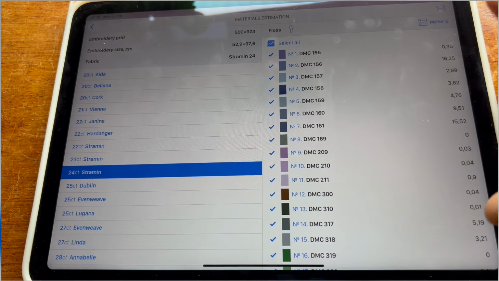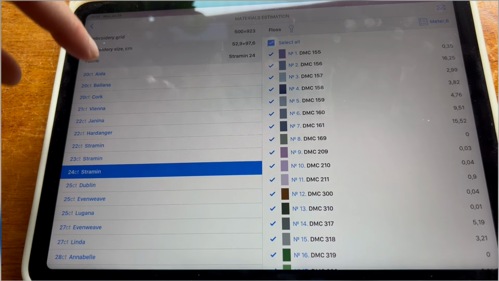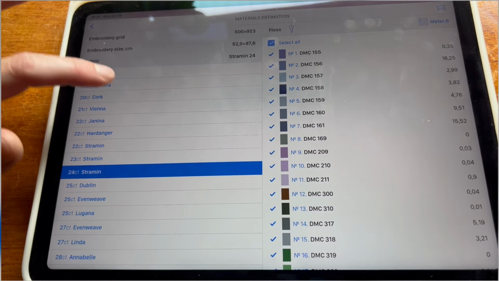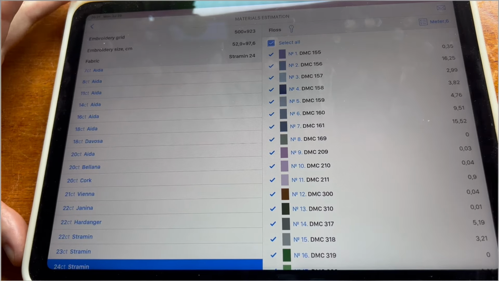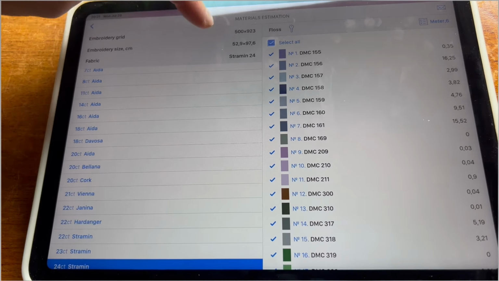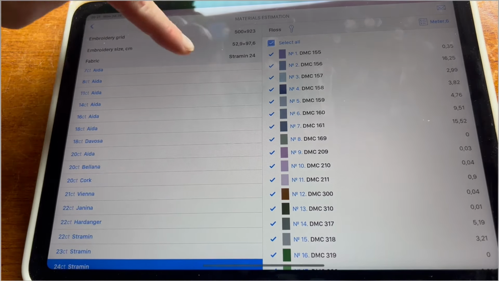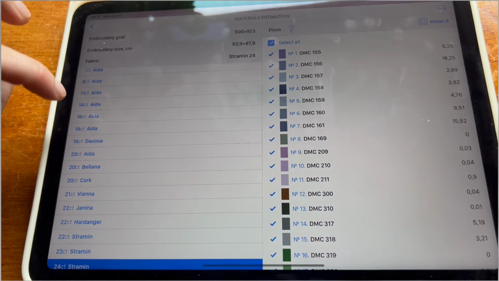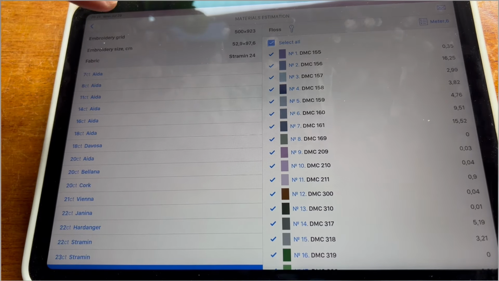Next one is about calculation for your fabric and threads. Very useful as well when you start a new project. This shows how many stitches you have, and this will show how many centimeters you will have, depending on your